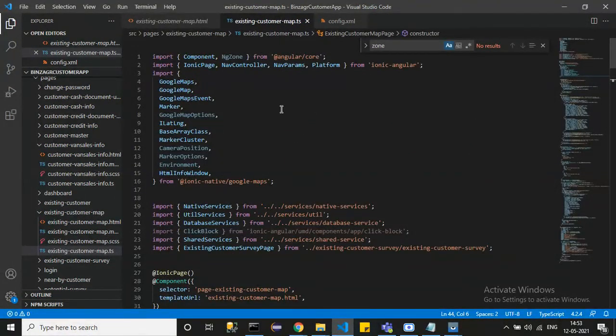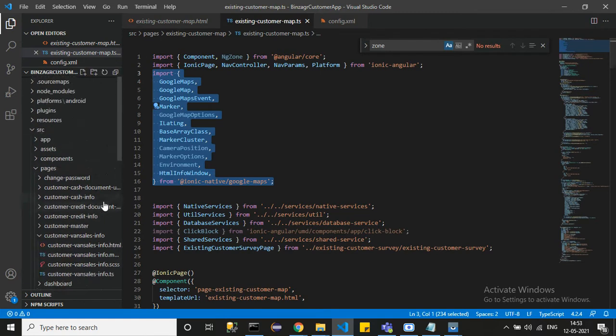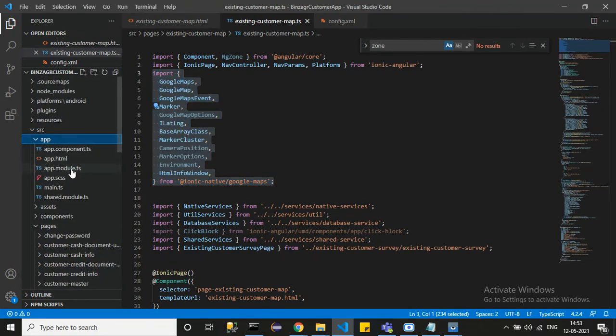In the TS file, you have to import this Google Map, and all these things you have to import here, as well as in your app.module.